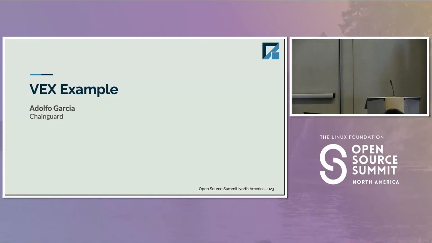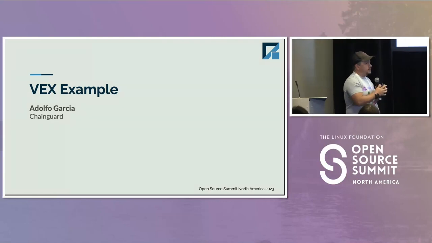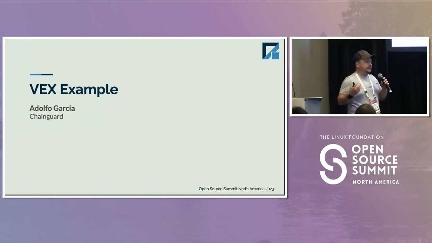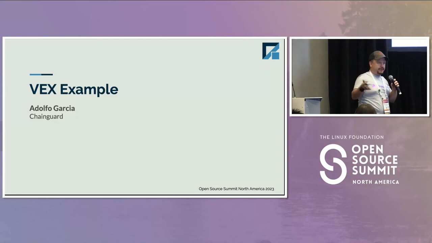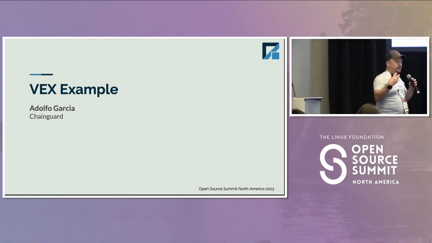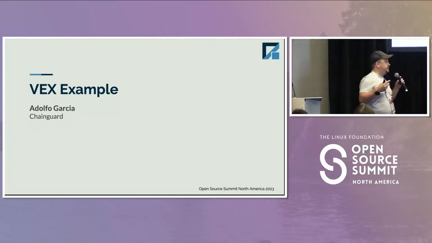All right, yeah, so let's go a little bit onto Vex. So for those who are not familiar, Vex, which stands for Vulnerability, Exploitability, Exchange, is a way of conveying the actual impact that a vulnerability has on a given piece of software. Because as we are seeing SBOM information starting to increase and flow even more, so do the number of false positives and other information